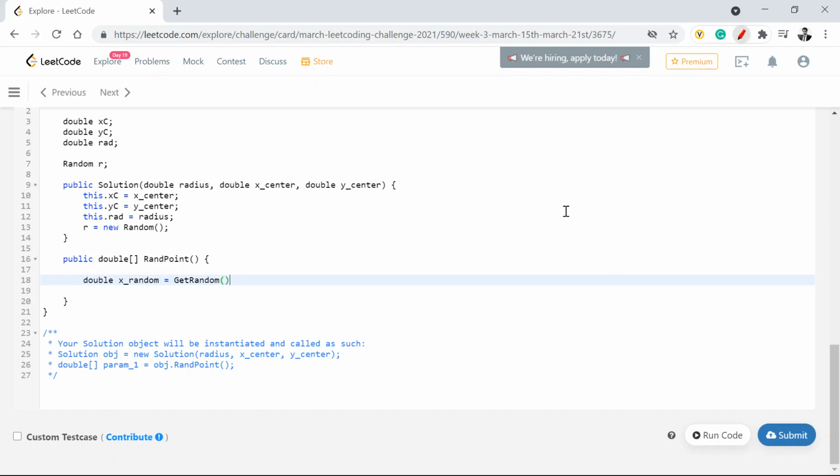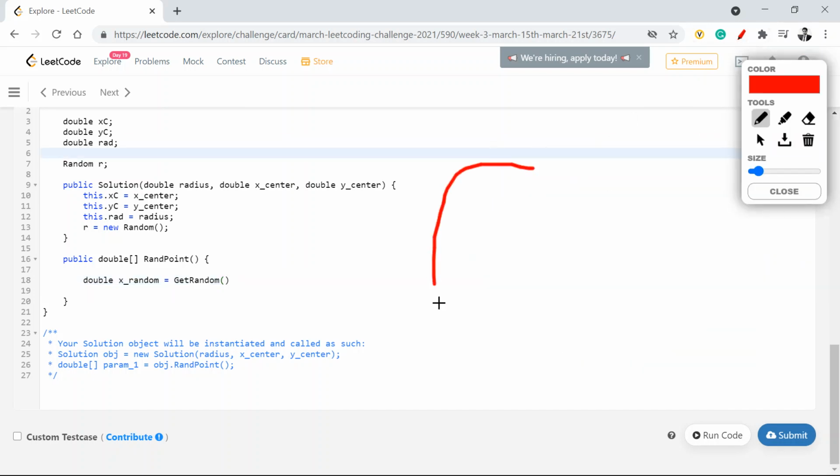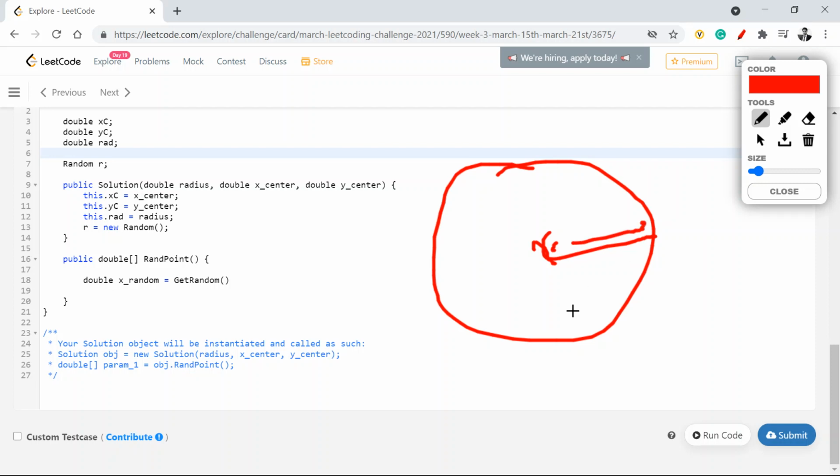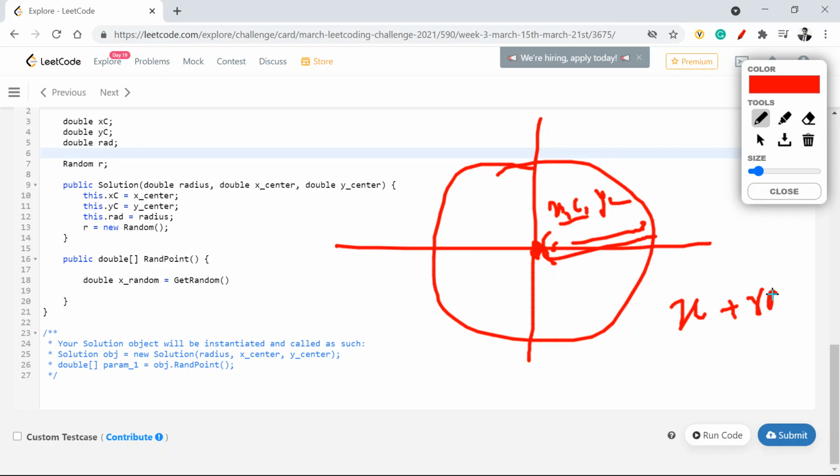What I mean by that is, if this is my circle and this is my radius, and I cut that into x and y coordinates, I am given a center which is xc comma yc. The maximum value of x within this coordinate will be x plus radius, and x minus radius will be your minimum.